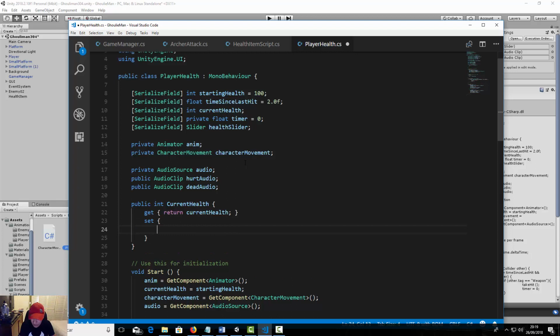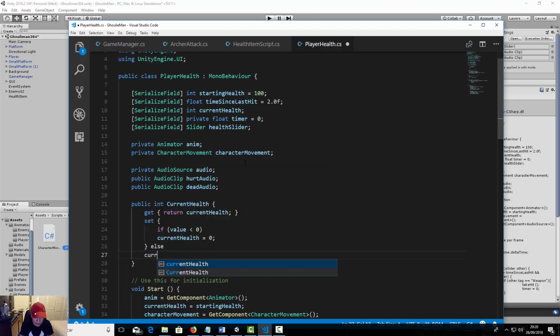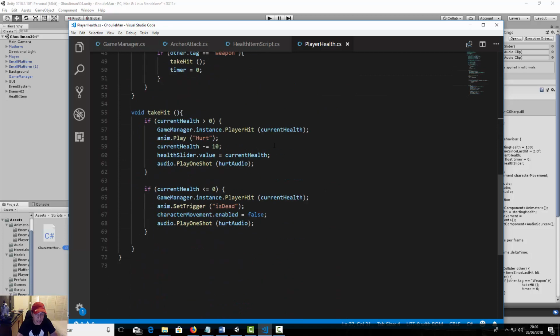okay, open braces, and we're gonna say if value is less than 0, what is gonna happen? Well, our current health is going to be equal 0, and else our current health is equal a value. Okay, so let's save it, and in this same script we need to make a new function right here